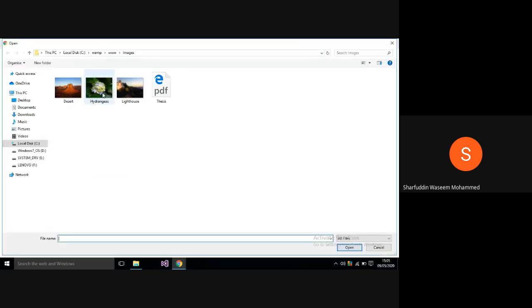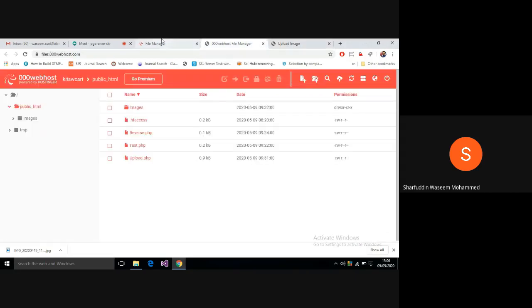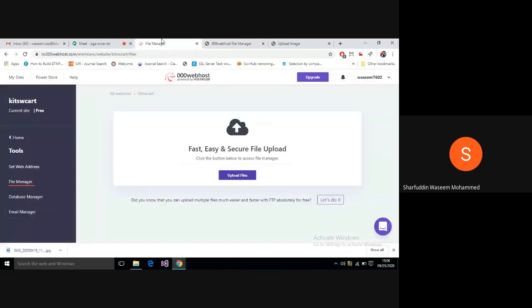Okay, you can see that I will upload another image. Then after uploading only, we wrote in the condition, if the upload is successful only, then you can see the images that people are sending from your end, and it is visible now. Okay, so I did not upload these images. These images have been uploaded by you, so that is the reason they are visible over here. Okay, right. So now if you want to create a database application, then again go to file manager.